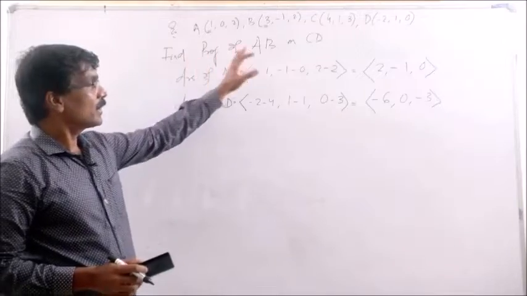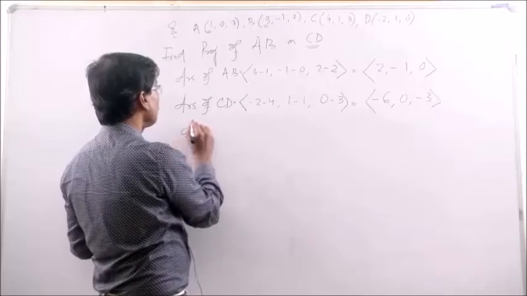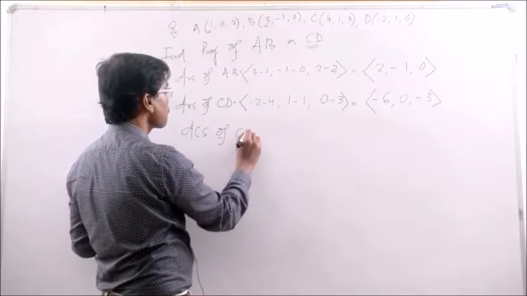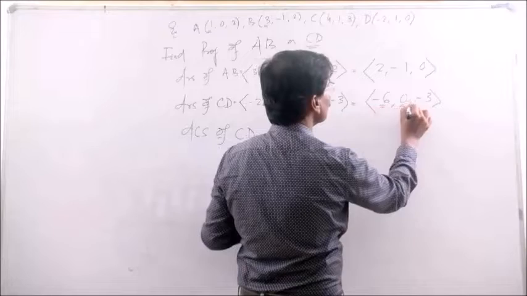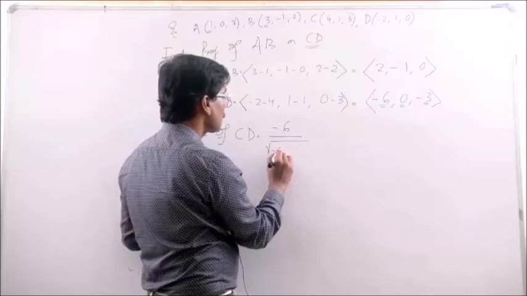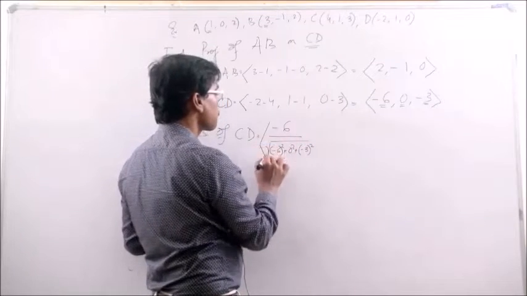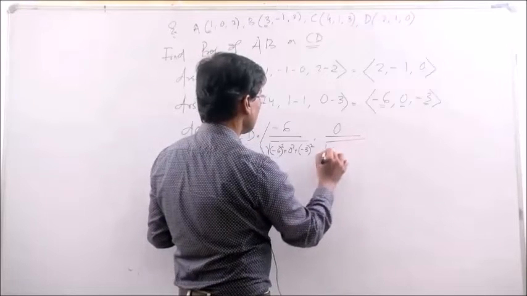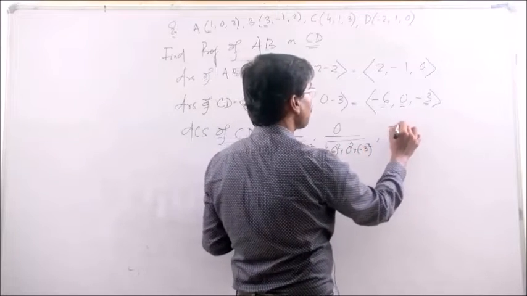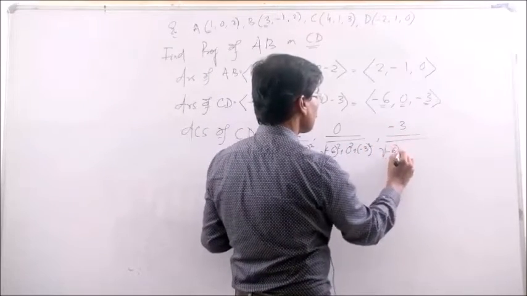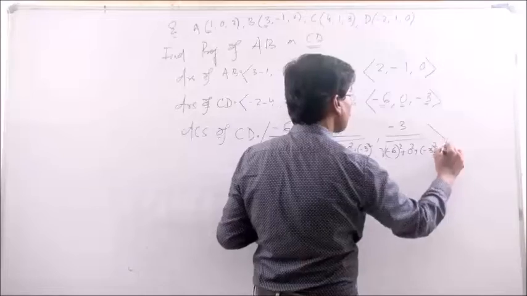So, projection of AB on CD. This is on CD, that means we have to find the direction cosines of CD, which is equal to minus 6 divided by square root of minus 6 square plus 0 square plus minus 3 square, 0 by minus 6 square, 0 square, minus 3 square, minus 3 by minus 6 square, 0 square plus minus 3 square. So, which is equal to